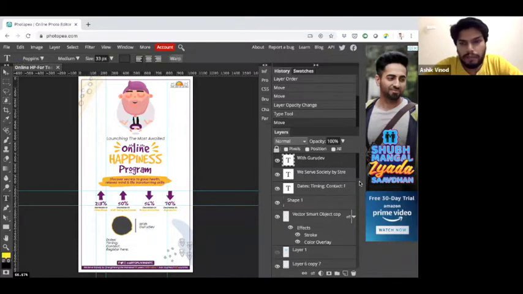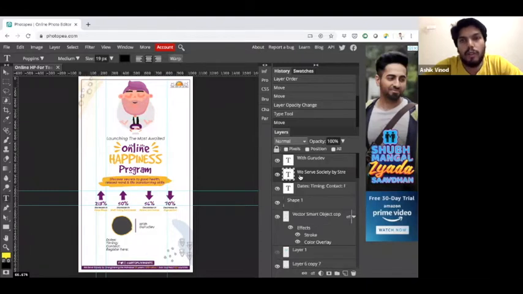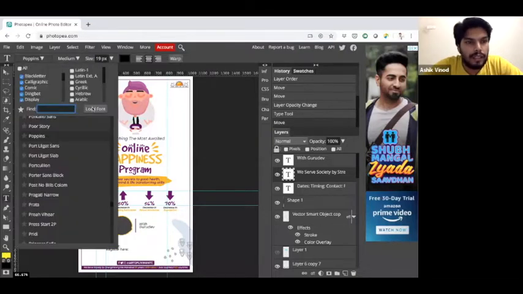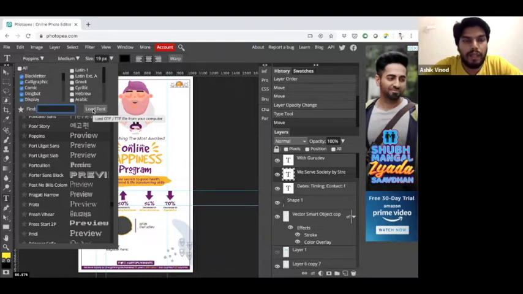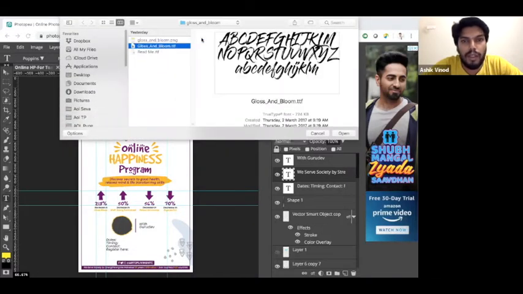Now the font. You may have a couple of text layers with a yellow icon on top of them. In this particular case, it's not there. It appears because you don't have that particular font downloaded and installed on your system. So click on here, and there is an icon called load font. When you click it, it asks which font file you have to load. You can download the file, keep it in your system, and then load it. Click open and it will be loaded.